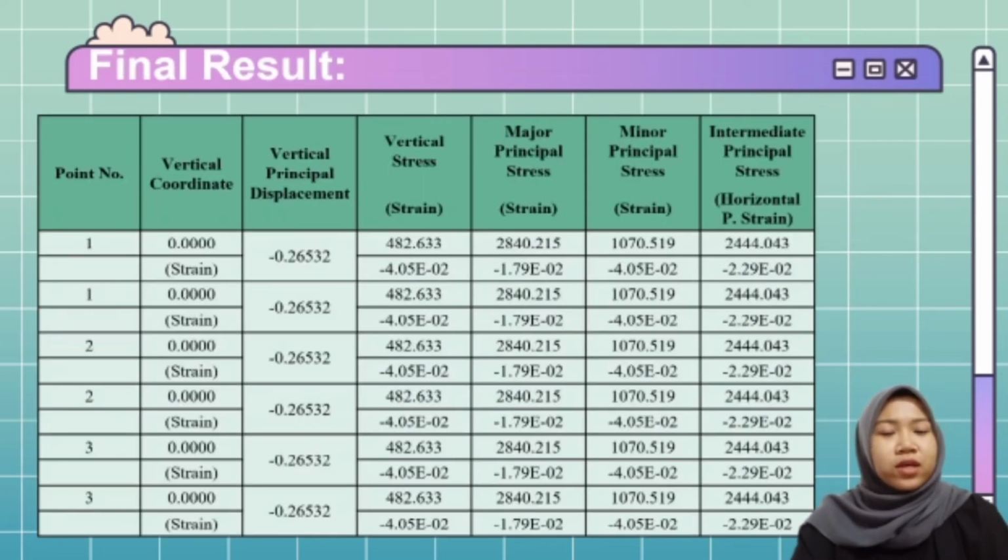After that, the load analysis is run in the software, and this is the final result. This table shows the result of the vertical displacement, stress and principal stress in terms of major, minor and intermediate. The average compressive vertical strain in asphalt layer is 2444.043 and negative 0.0223. While the value of maximum compressive vertical strain at top subgrade is 2840.215 and negative